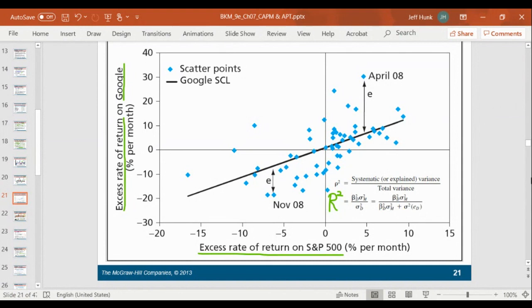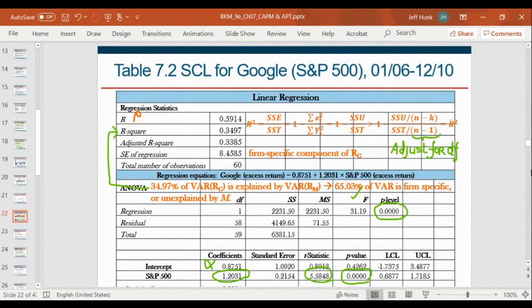And if the correlation is 1, R square is also 1, which means everything, the fit is 100%, right? Now, we understand R square as explained sum of squares over total sum of squares, right? Total sum of squares means total variance. And explained sum of squares is